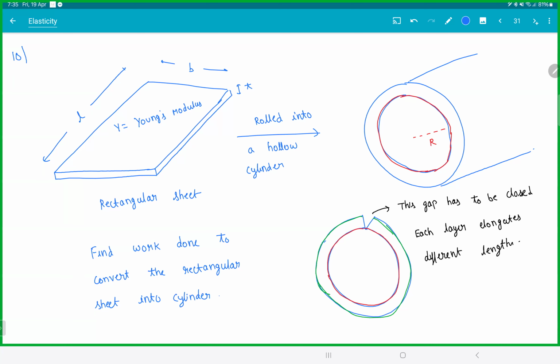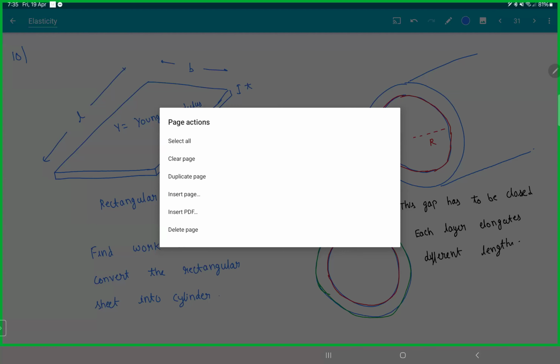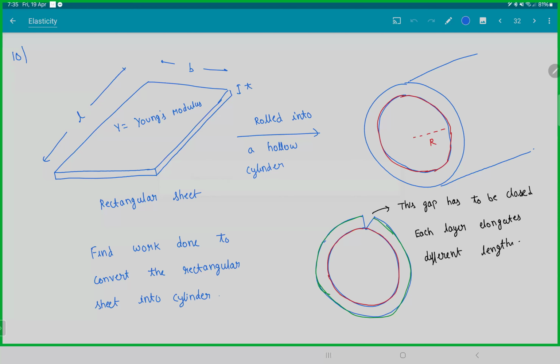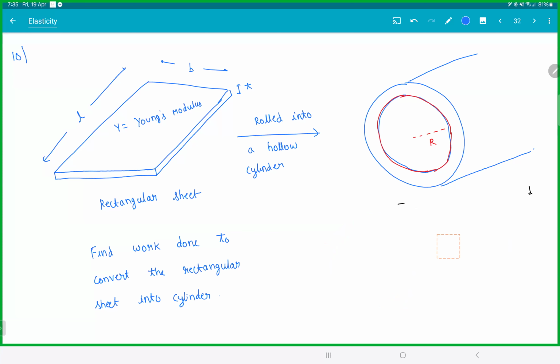Question is clear? This thing could have been done in another way also. The same question could have been asked in another way: instead of filling up the gap like this, we can also say like this. This cylinder, when you compressed it,